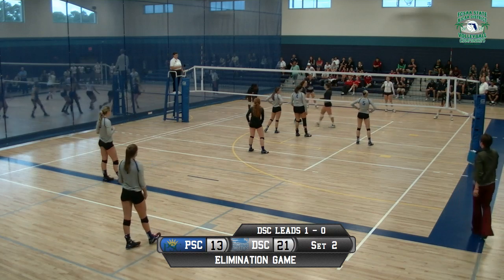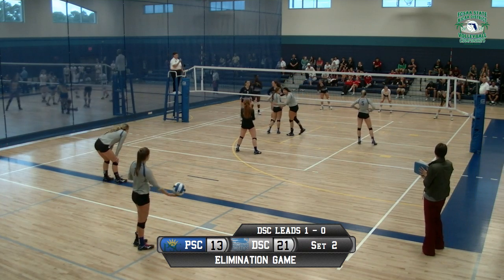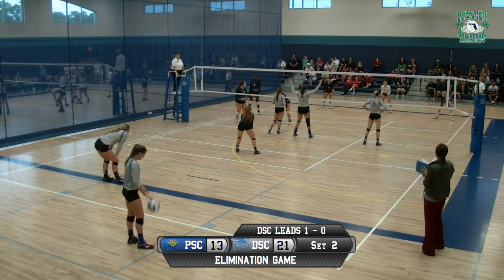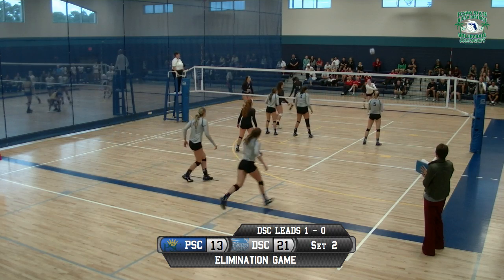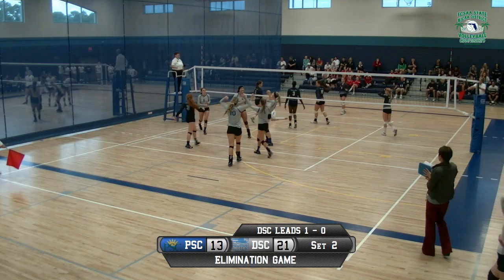In between those kills was a block. So Daytona executing well on defense and offense. So let's see if they can close this one out. They're 4 points away. Casper with a great pass. Daytona goes back to Sarah Lewis, and she gets